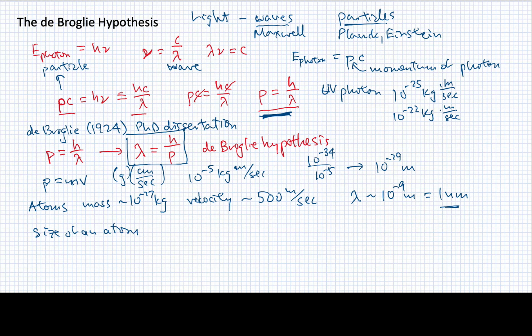Well, it turns out that typically electrons around an atom are on the order of about 10 to the minus 10 meters from the nucleus. So you can think of it as a little sphere with a radius of 10 to the minus 10 meters. Well, if the wavelength of an electron is 10 to the minus 9 meters, that's 10 times larger. So in effect, what's happening is that atoms are so small that electrons really look like waves when you're at an atomic scale.